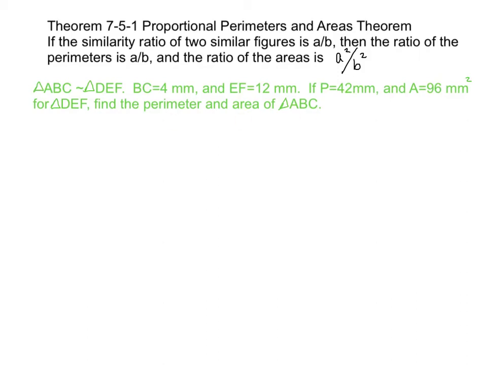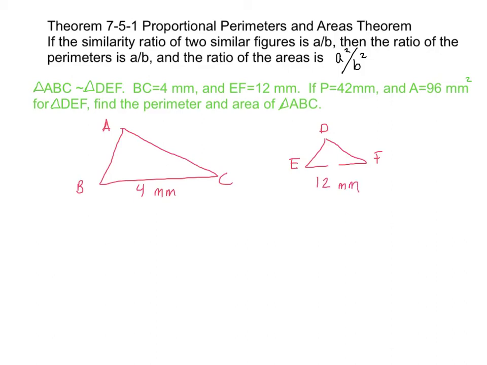So to do this, it's always easier to look at some triangles. We can just draw any triangles we want here, ABC and DEF, but we don't necessarily know what they're going to look like. So I'll go ahead and draw these. Now we have A, B, C, and D, E, F. Of course, it should be said that these drawings are not to scale. I have no idea if DEF is going to be bigger or smaller. I drew it smaller, but it was just because. So we know that BC is equal to 4 millimeters, and EF is equal to 12 millimeters. Oh, it looks like it's going to be bigger anyway. Okay, so